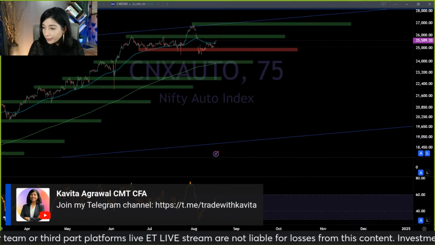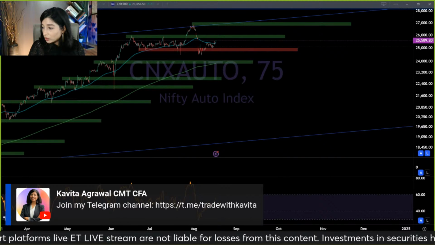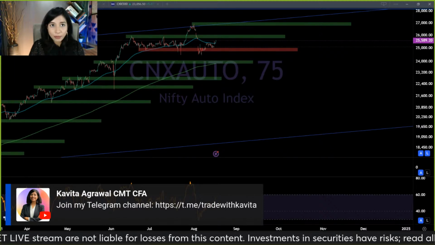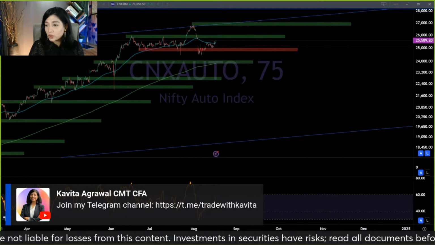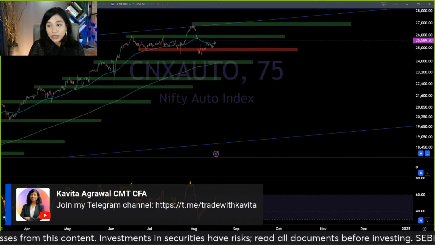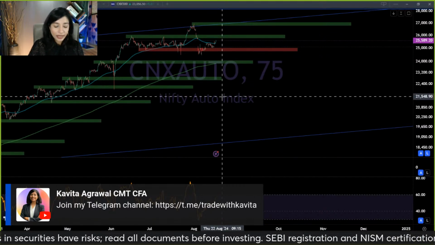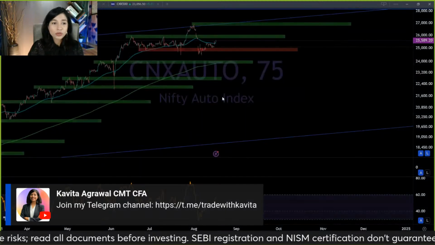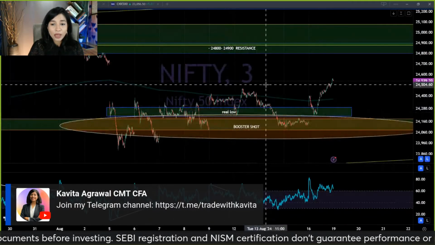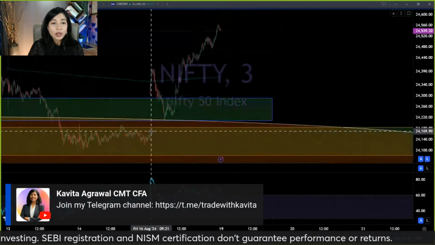Okay, coming back, let's take a quick look. I can see lots of comments have come in on the Zoom session, so we'll prioritize those. So good evening to you too, Sahil. Do we observe negative divergence on the 3 minute time frame? So I suppose you're talking about 3 minute time frame RSI negative divergence on Nifty.